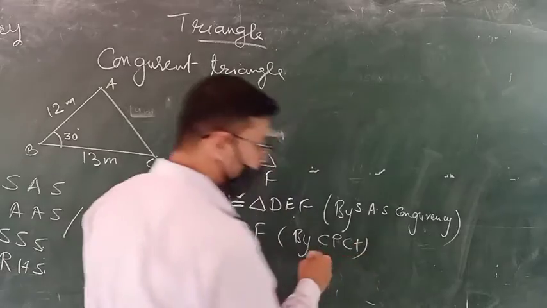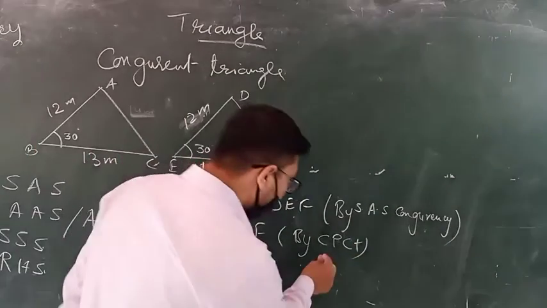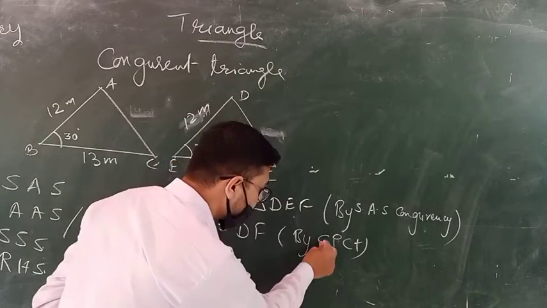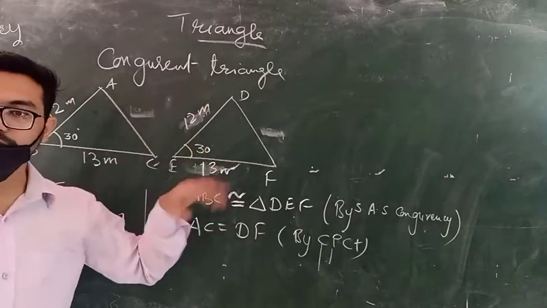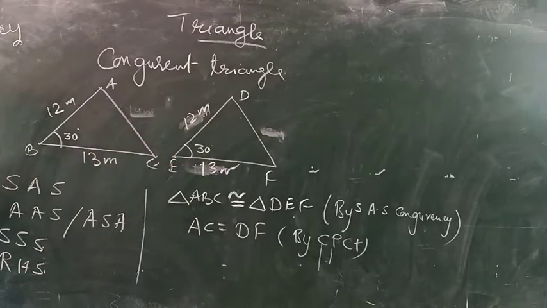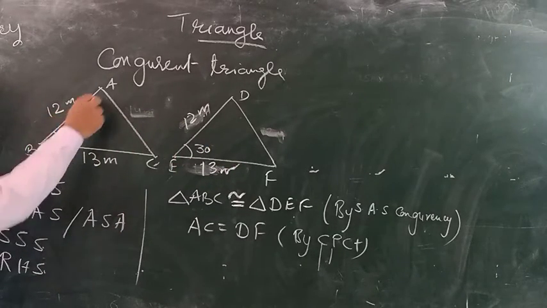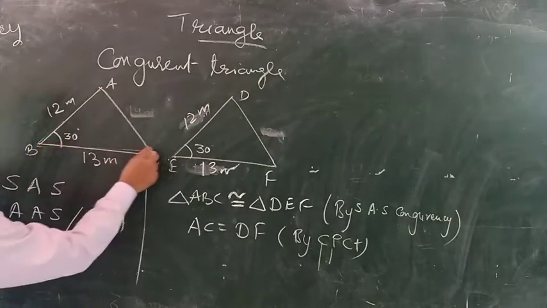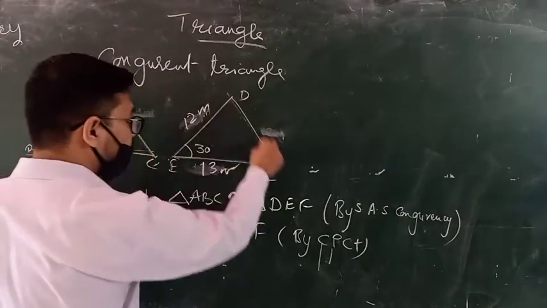CP. What is the full form of CP? Corresponding parts of congruent. In simple words, corresponding parts. Corresponding parts का मतलब क्या है बेटा? Let's say आपके पास दो ट्रायंगल्स हैं, आपने उसको prove कर दिया that these two triangles are congruent. That means उनके जो corresponding parts होंगे. Corresponding parts का मतलब क्या है? बेटा बाहर का देख रहे हैं आप, इधर देख लीजिए. Corresponding parts का मतलब क्या है बेटा? AB के corresponding part क्या हो जाएगा बेटा? DE. BC के corresponding part EF and AC के corresponding part DF.